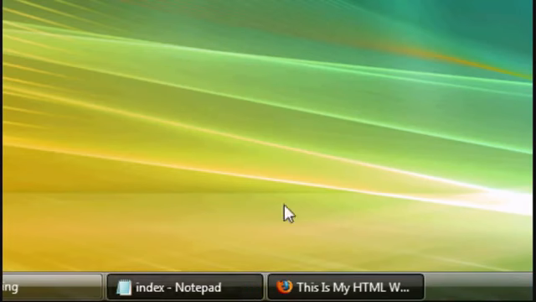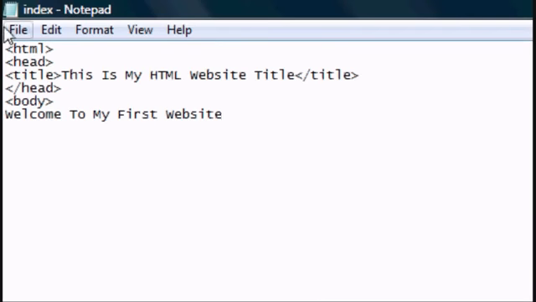I'm going to minimize this now, and we're going to go back to the code to do some more editing. I want to centrally align my main body tag, so I'm going to add a center tag. So type in center in the tag coding, and you've got to close it as well to signify that everything in between those two is going to be centrally aligned, and everything after the closing of the tag is not going to be. As you can see, you press refresh or F5,